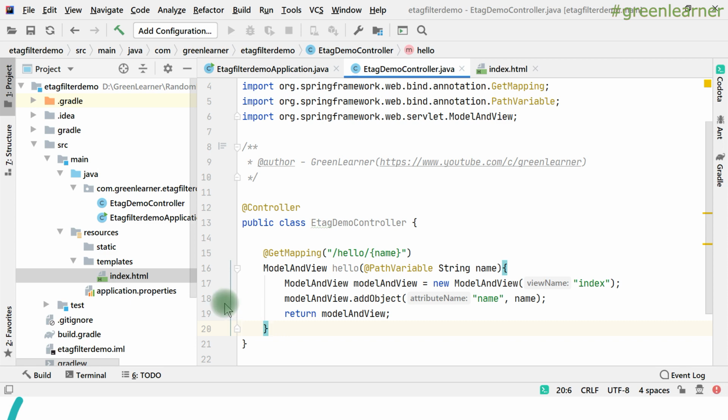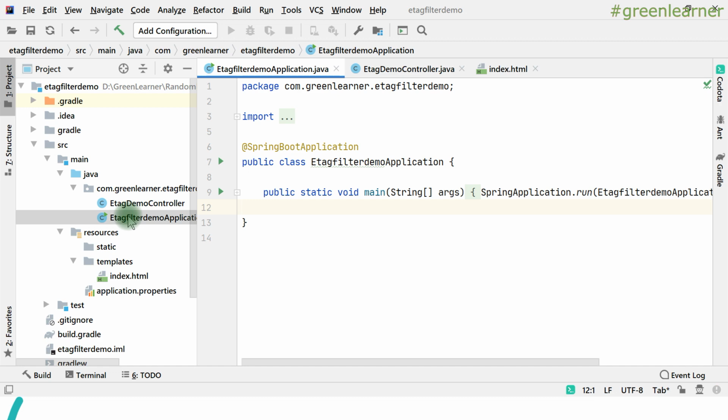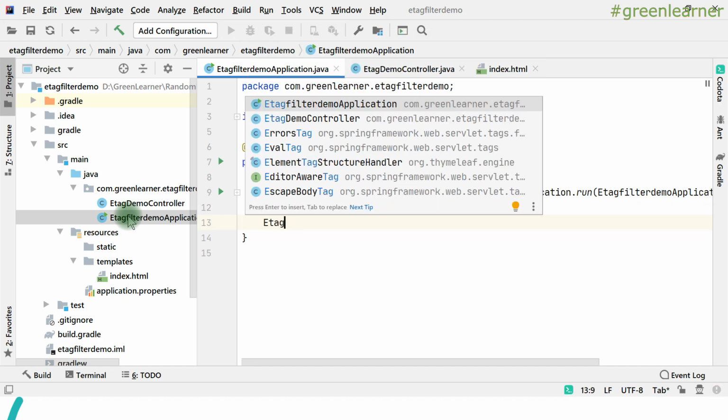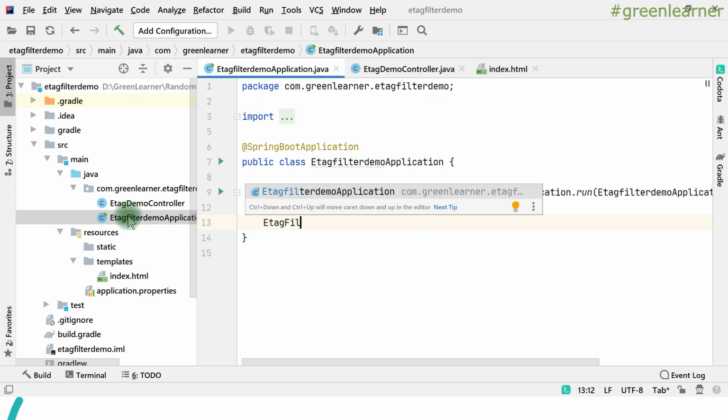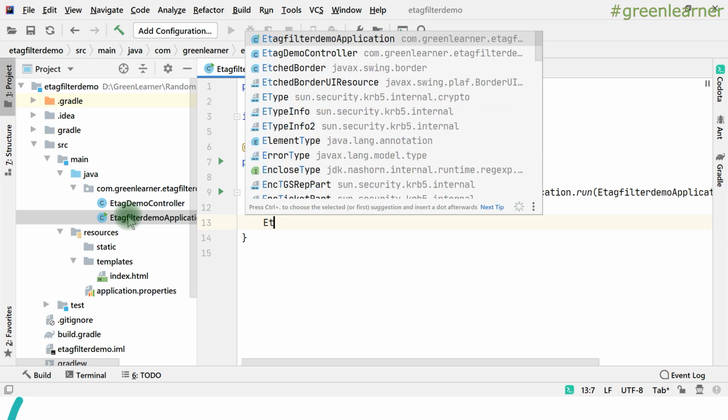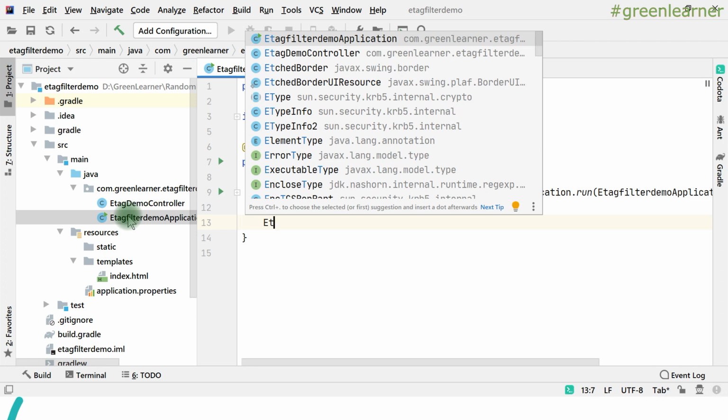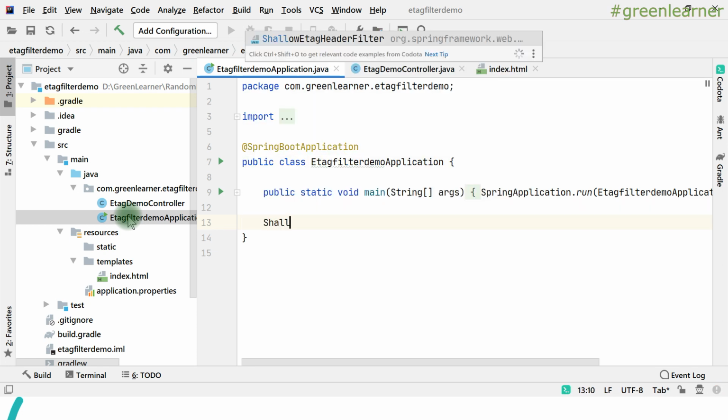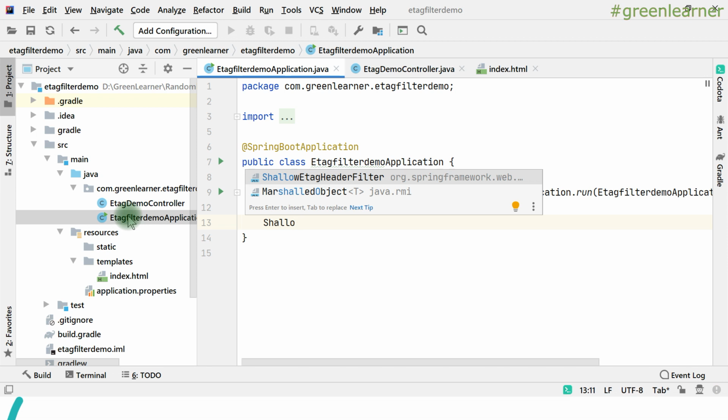And now we are done with this one. I have to now talk about the etag filter, right? So see how easy it is to create the etag filter, right? We have the ShallowEtagHeaderFilter for that.